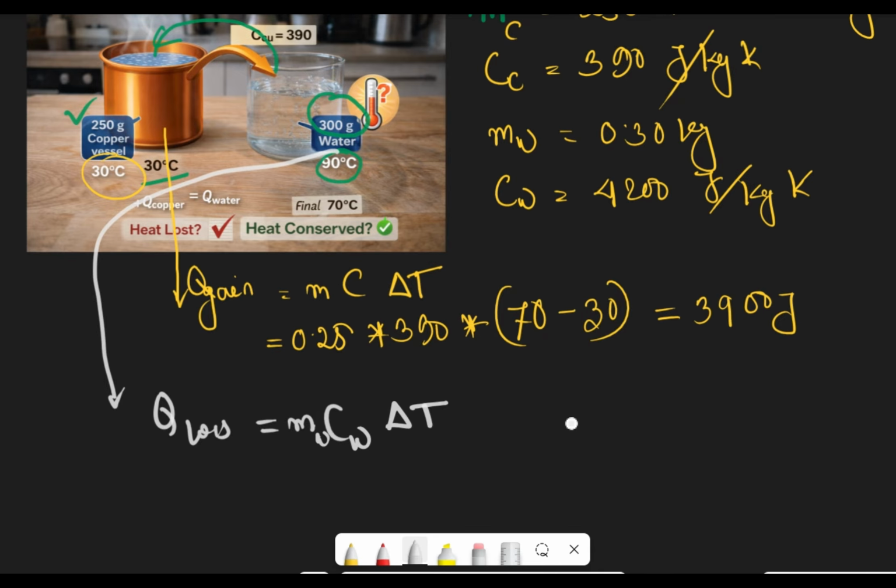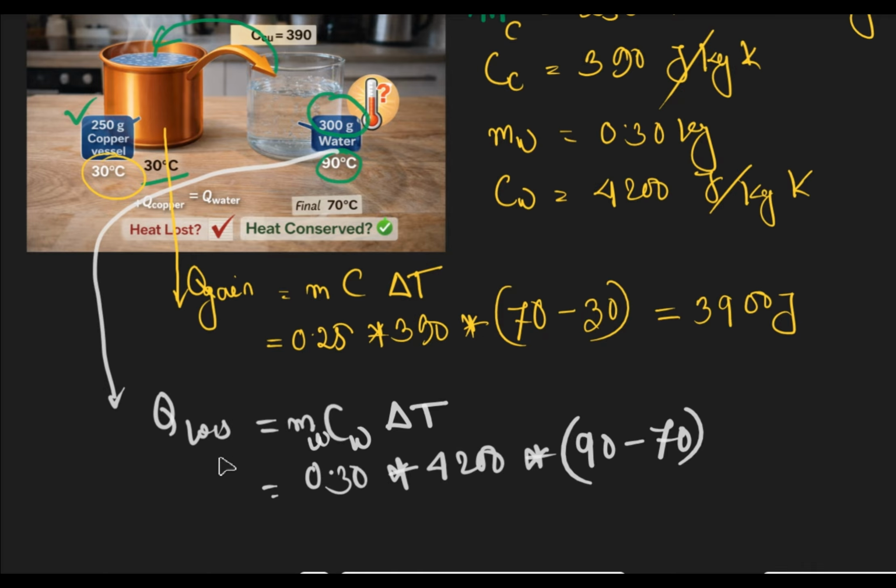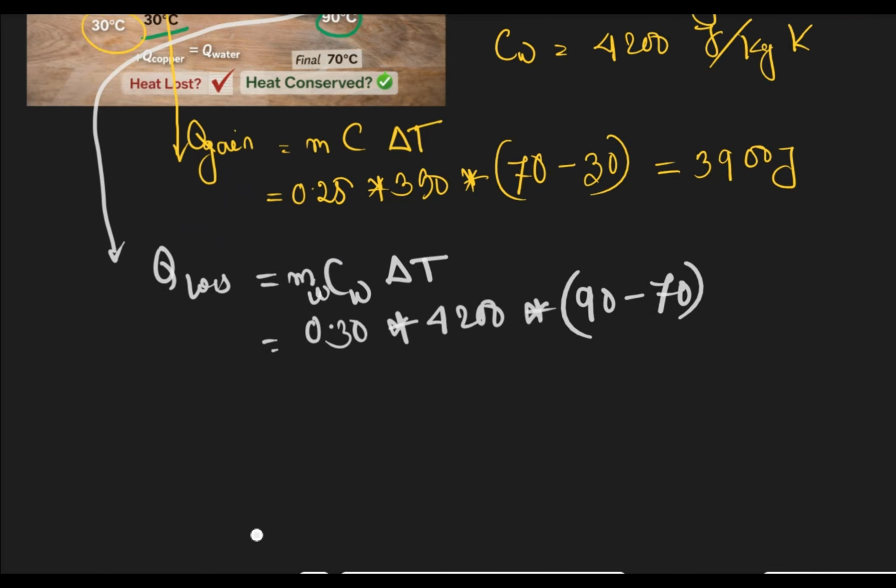Let's plug in the values: the mass of water is 0.30, the specific heat Cw is 4200 for water, because this is hot water or water, it doesn't matter. In each case the specific heat for water is 4200, and the final temperature is 70 and the water's is 90, so 90 minus 70, right? So what we have